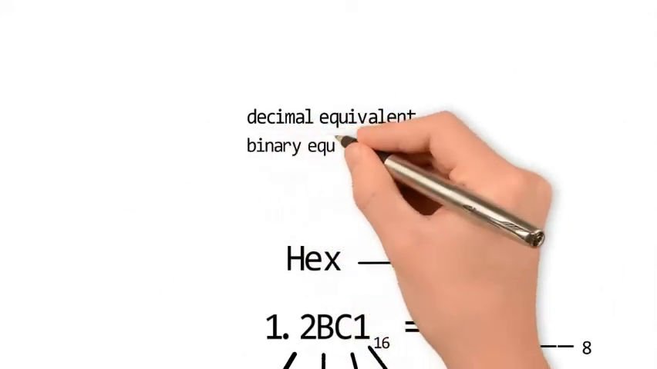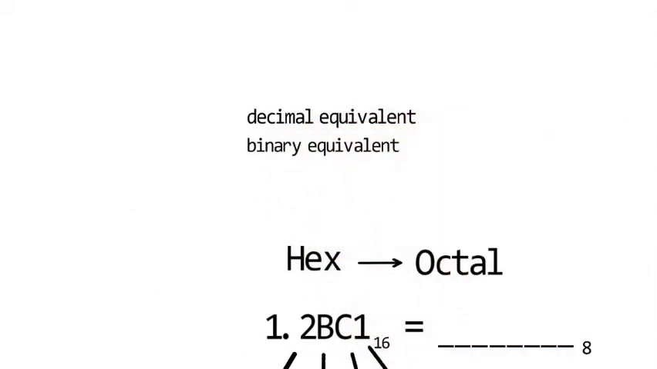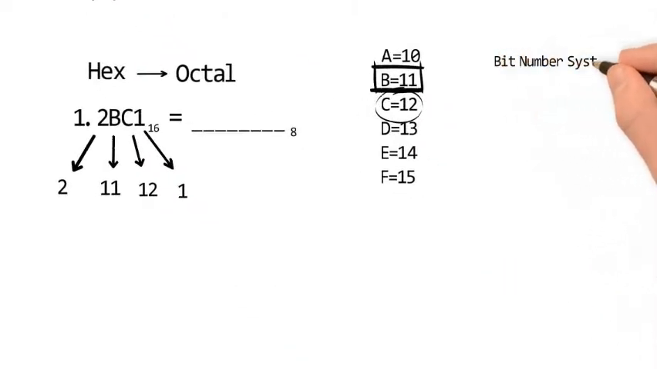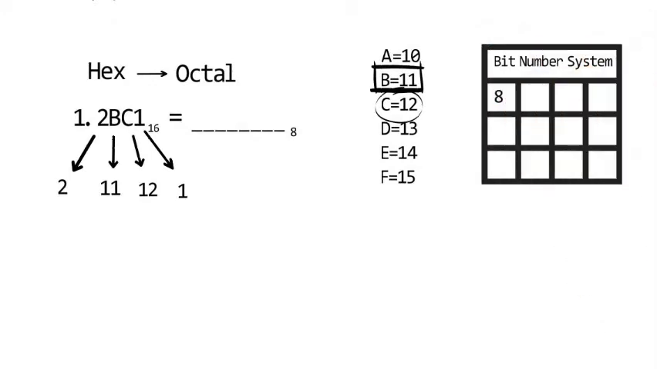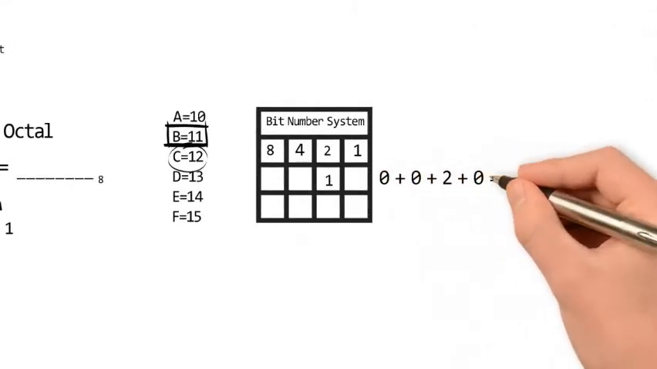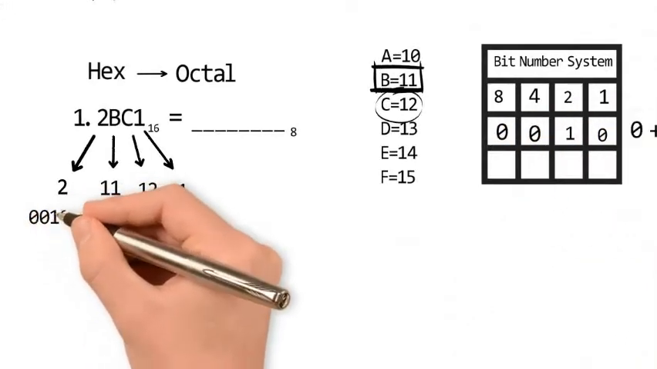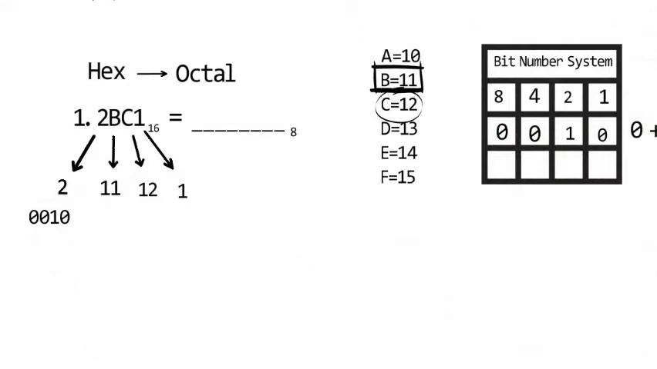And then we will convert this number to its binary equivalent. So to get the binary equivalent of these decimal numbers, we will use the bit number systems. I will use a table to show it clearly. So we have 8, 4, 2, 1. And then for 2, we will place 1 under 2 because we will add the numbers, this 8, 4, 2, 1. So since we only have 2, we add the 0, 0, 0, so that's equal to 2. So we have 0, 0, 1, 0 for number 2,